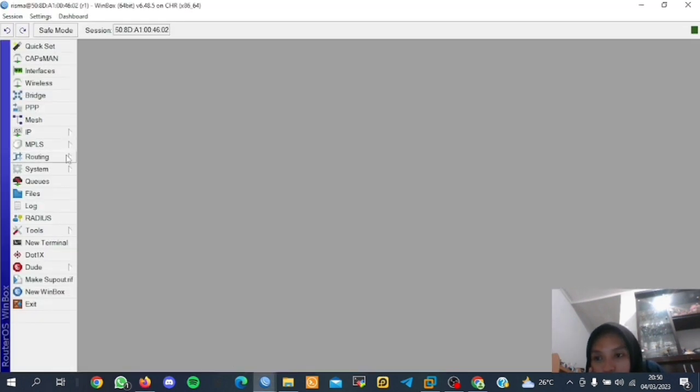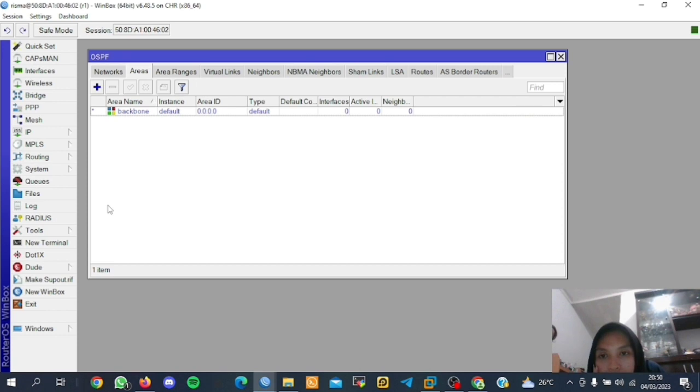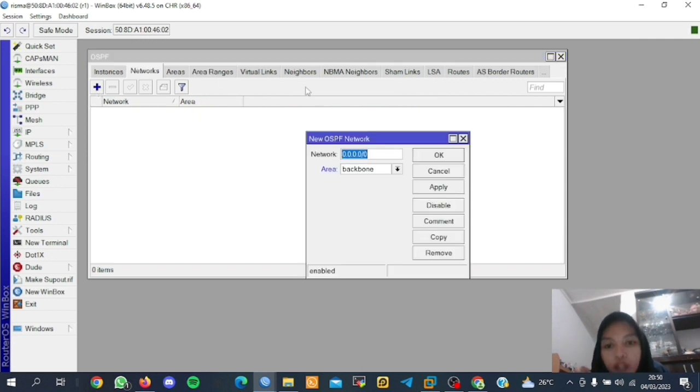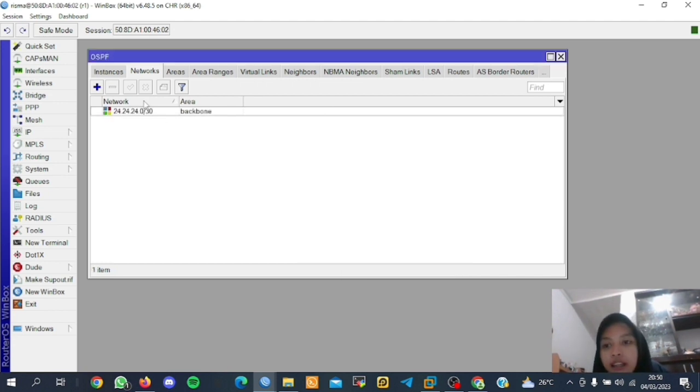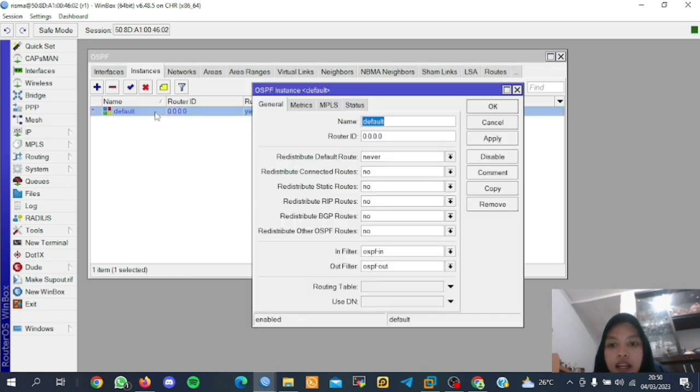Open the OSPF menu, then click on the area menu. The addition of this area is used to indicate which area the router will enter. Next, open the network menu, then add the network that belongs to the backbone area. Click apply and OK. Next, open the instance menu, then add redistribute default route with the description if installed